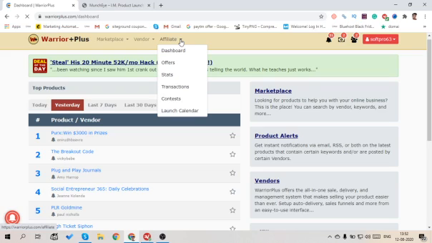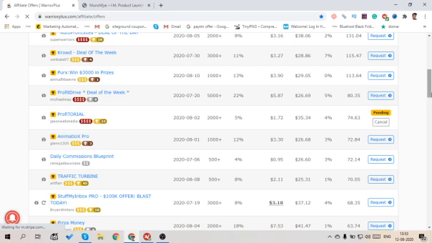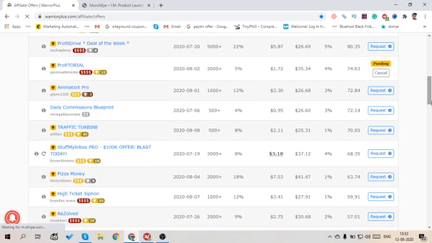So let me show you how you can apply as an affiliate. These are the highly converting products. To request as an affiliate, you can see the request button. Right now Perks is doing well, so you can request as an affiliate. In this tutorial I'm going to show you how you can promote Affiliate Easy. Some of you already bought it, so it's easy for you to sell.